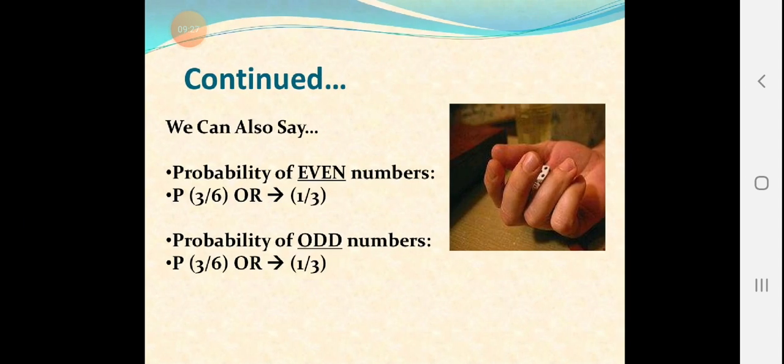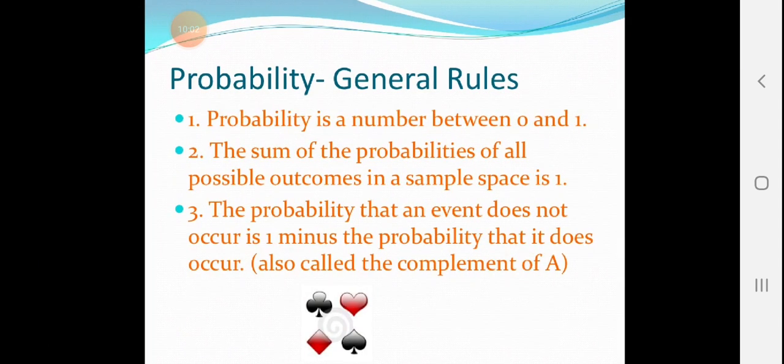Now we can also find the probability of an even number on the dice. How many even numbers are there? 2, 4, 6. So there are 3 even numbers out of 6. So 3 upon 6, which is going to be 1 upon 2. Here the answer is not 1 on 3, it is 1 by 2. Just consider 1 upon 2, not 1 upon 3. So the probability of an odd number is 3 by 6, that is 1 upon 2, because 3 twos are 6.